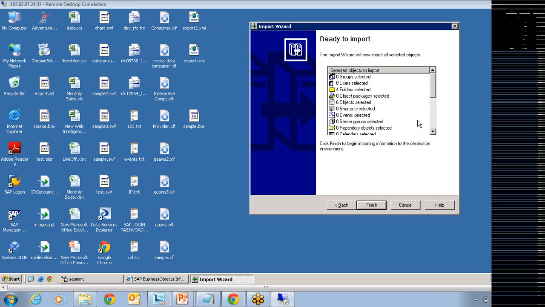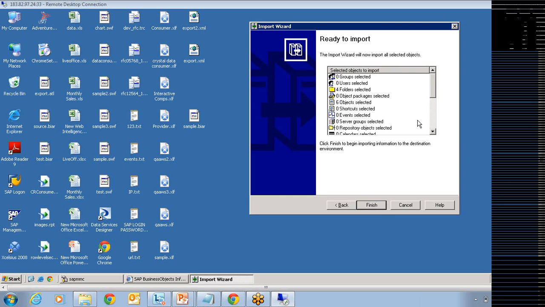And apart from that, if you want to change the properties at the time of moving the content to your production server, you can also do that using LCM. So these are all the new topics they have introduced from 4.0 onwards. This LCM is capable of handling the migration, so this is just migration, right? For upgradation, they have introduced a new tool called Upgrade Management Tool, wherein it's going to not only move the content from the older version to the latest version, it also converts the version of the content you have chosen from the source.